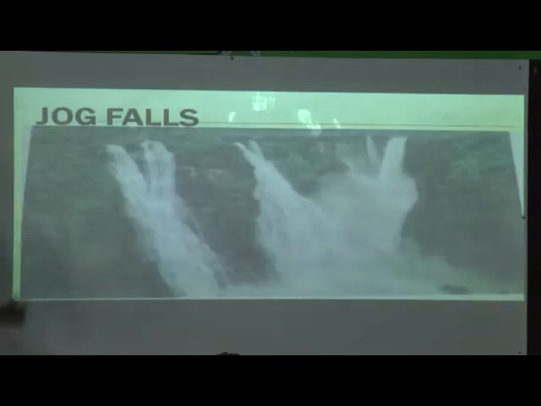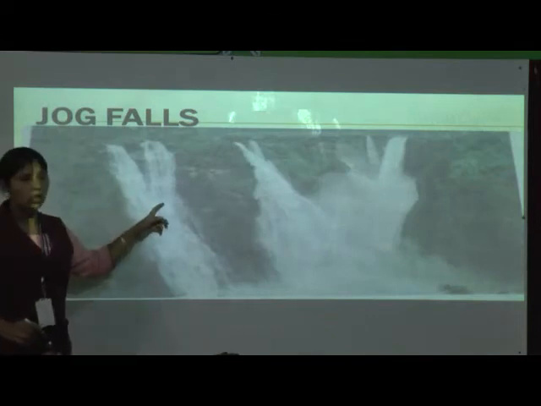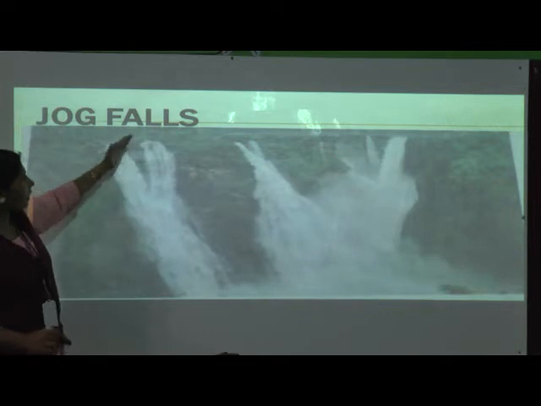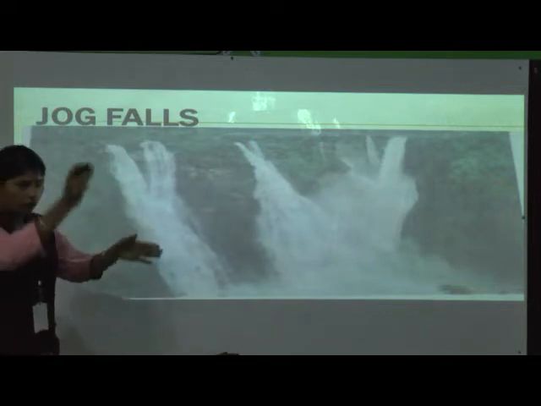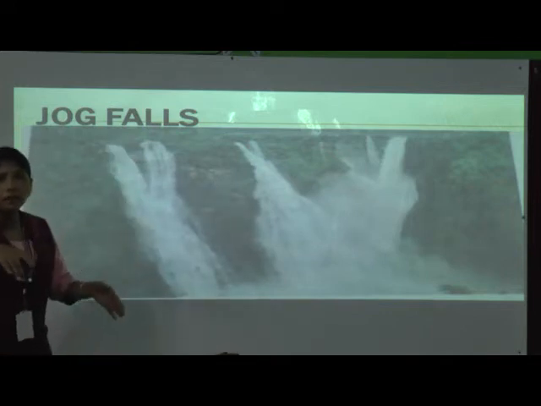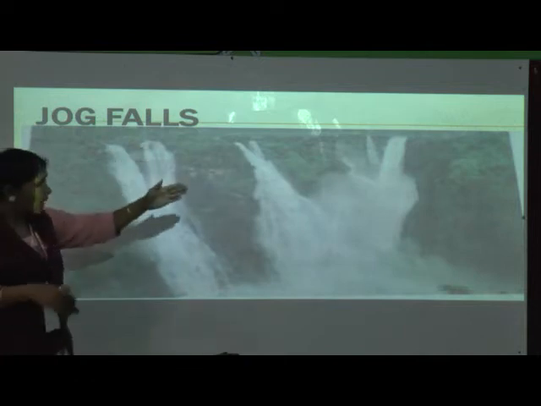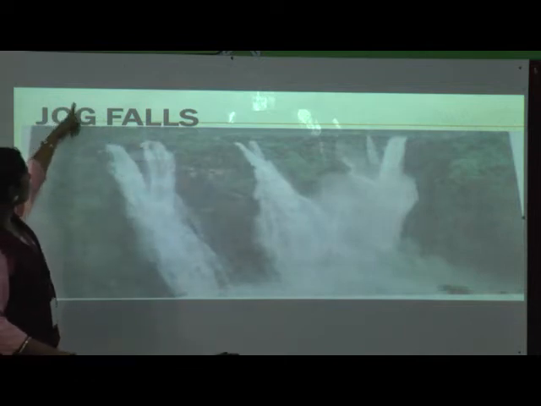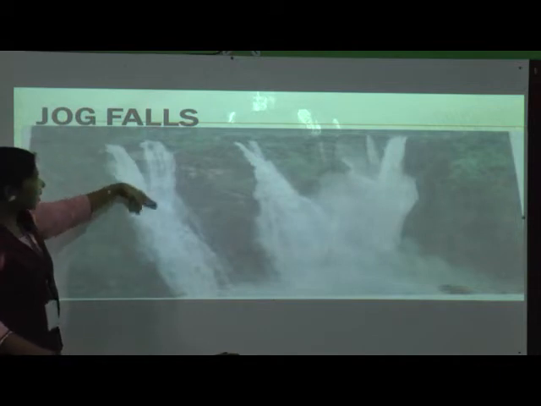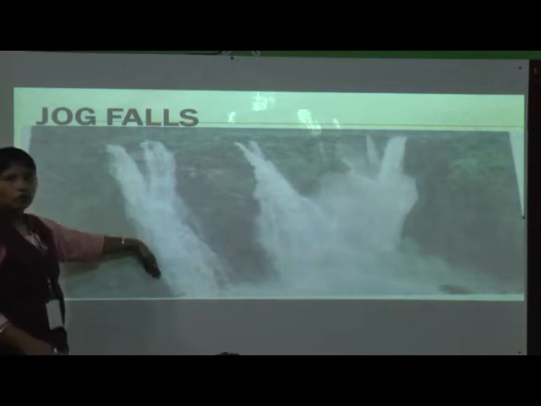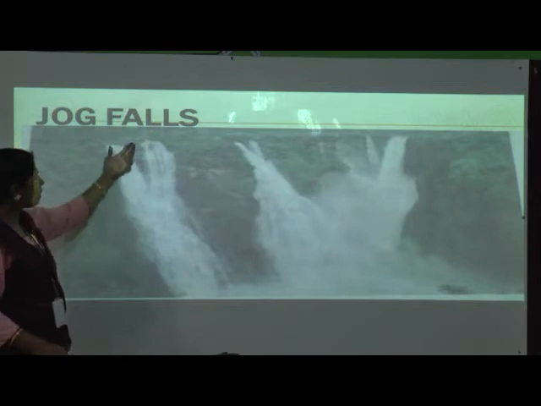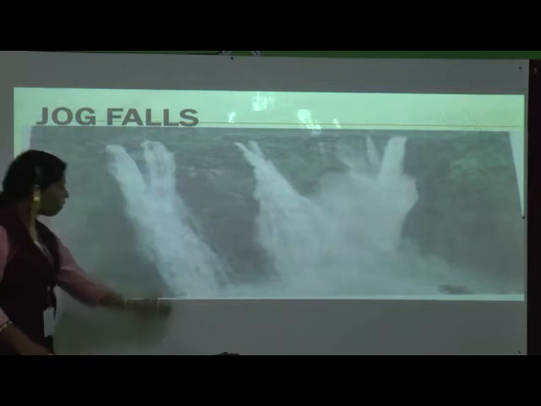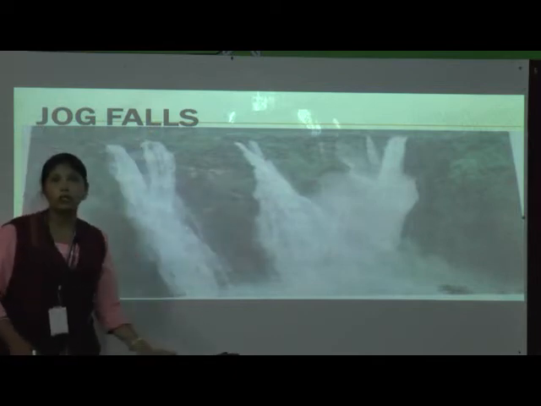Okay, now this is Jog Falls. Can you see this? Is the land flat? No. The land is rocky, up and down. Some mountains are there, and it is cut and some gap will be there. So what happens? This water will flow and fall down. Correct? Like that only. See, the water is flowing from somewhere and then the land is down. It is up and down. So whatever is coming very fast, it falls, Jog Falls. It is a waterfall. Correct?